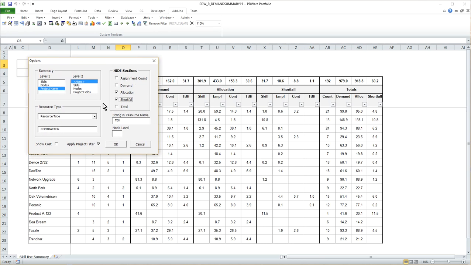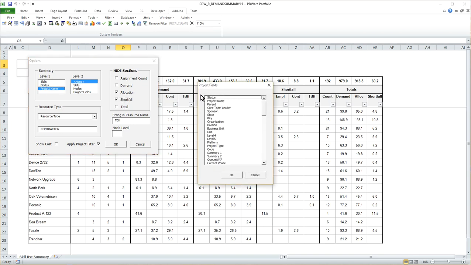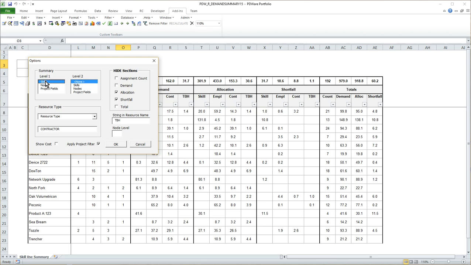The second set of options I want to show you is the summary set. As you can see, there is a level 1 set of summaries and a level 2. In level 2, there's an option to show none, which is what we currently have. So first, let's look at the other options at level 1. So I can select skills,